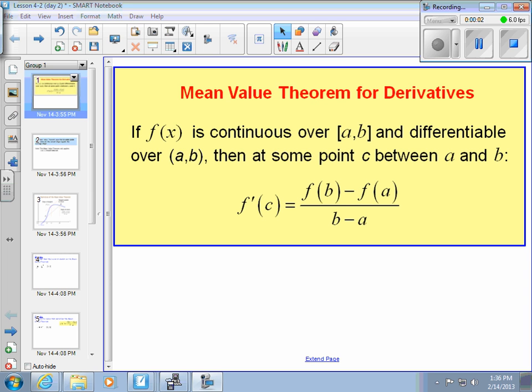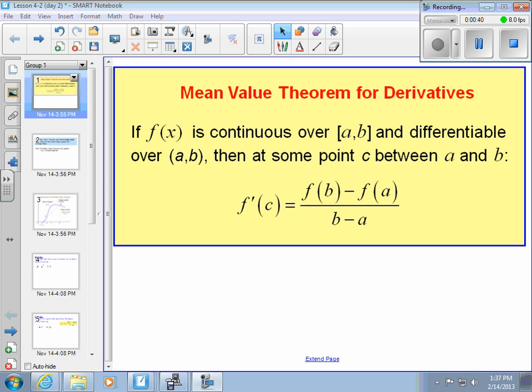Today we're going to look at the mean value theorem for derivatives. What the mean value theorem says is, if you have a function f of x that is continuous over an interval [a, b] and also differentiable over the interval (a, b), which means you can find the derivative at all the points, then there is some point c in between a and b for which this statement is true: the derivative at point c is equal to the difference in the function f over the difference in the